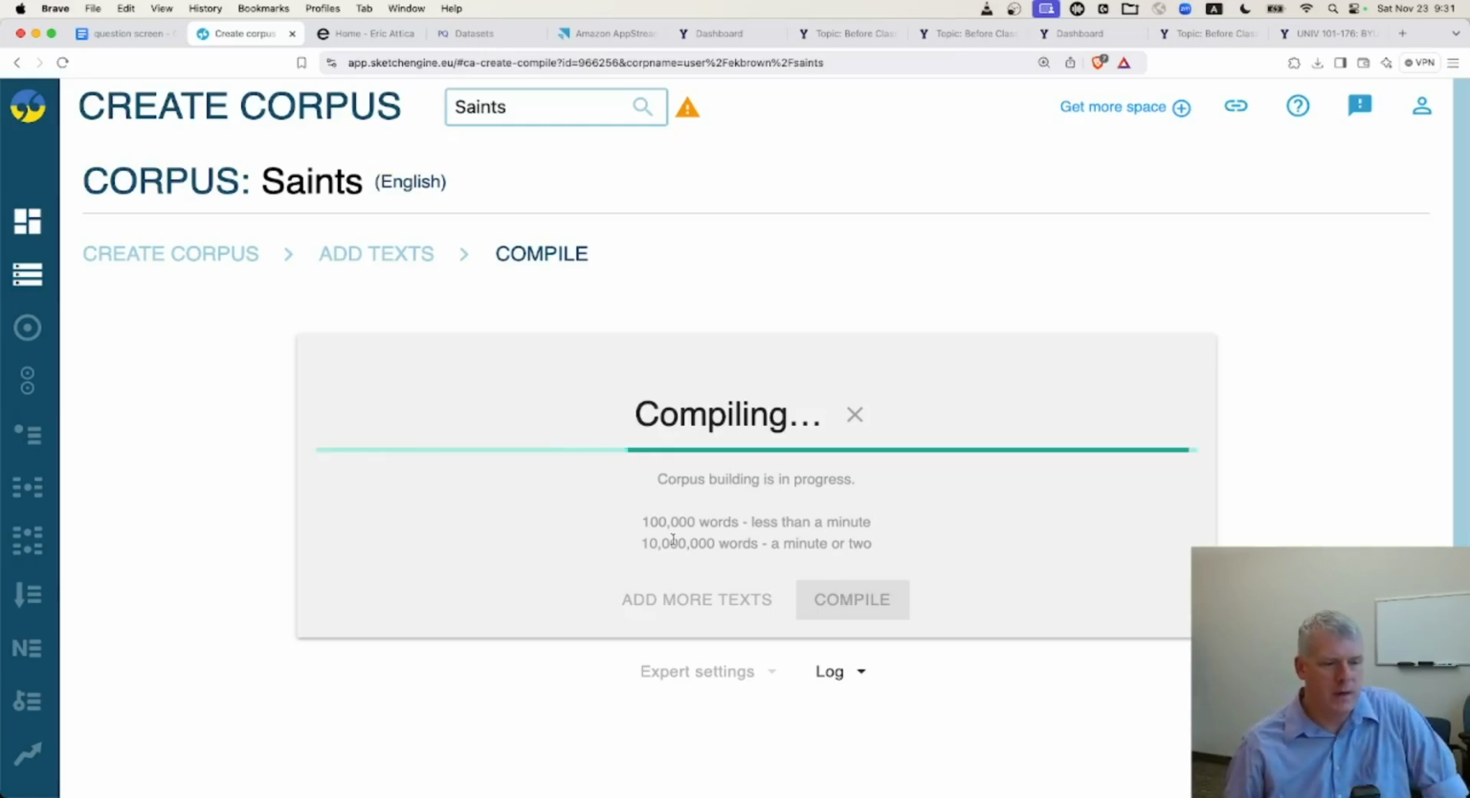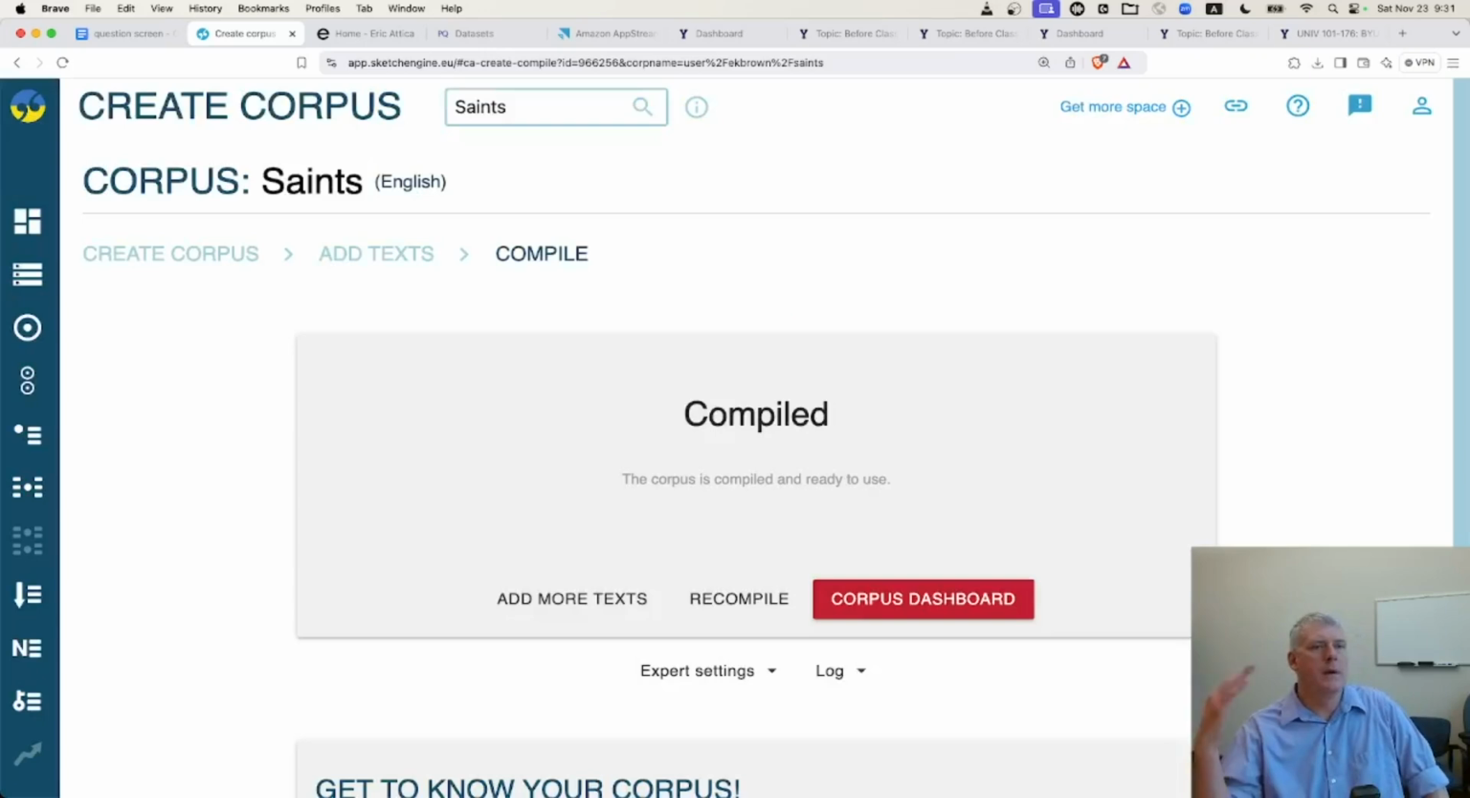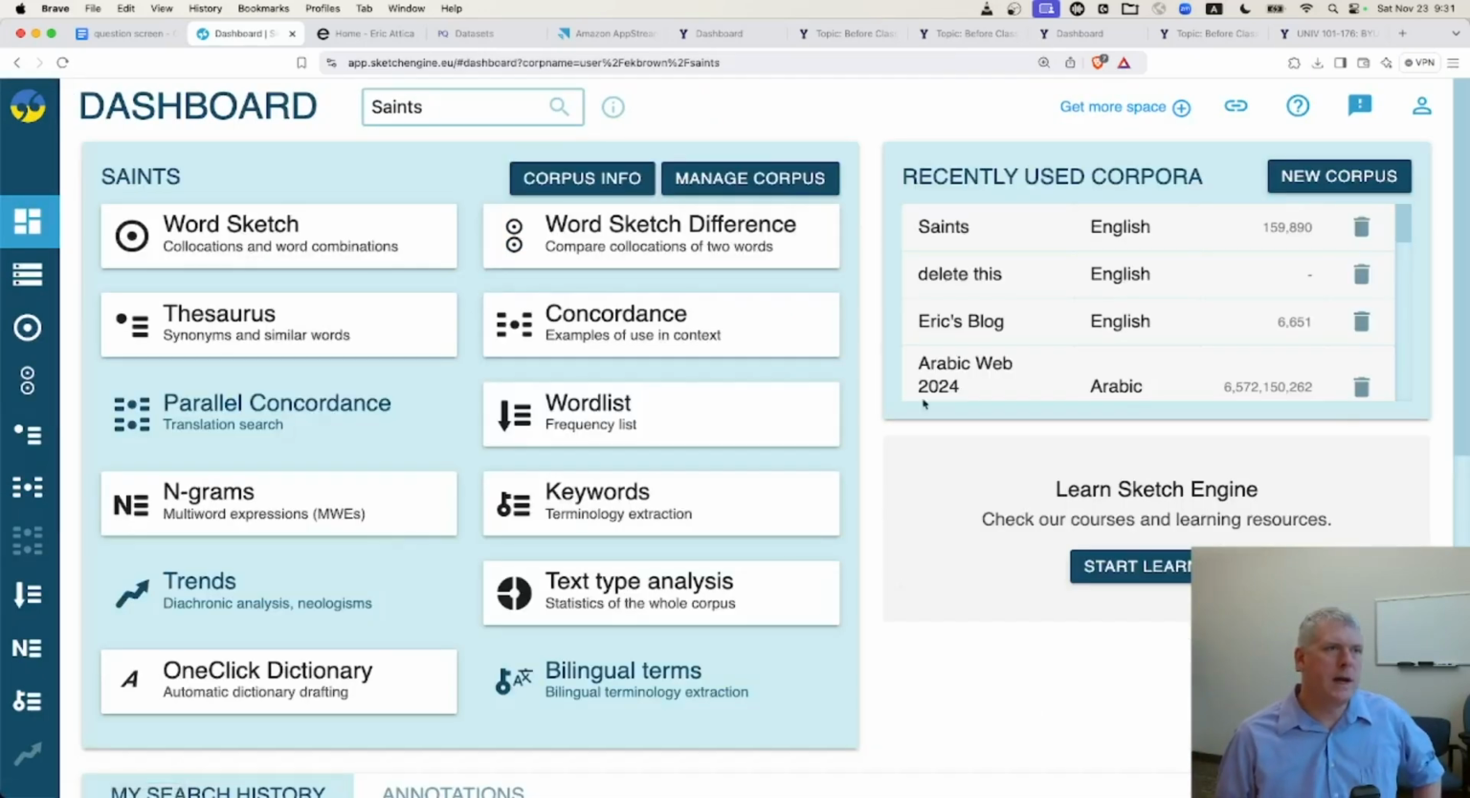And I guess I'll pause the video for it to work on that. Nope, didn't need to. There we go, compiled. The corpus is compiled and ready to use. Awesome. Let's go back to the corpus dashboard. We're looking at Saints up here, right? I can see the top part of my screen says Saints. And so if I can do some type of